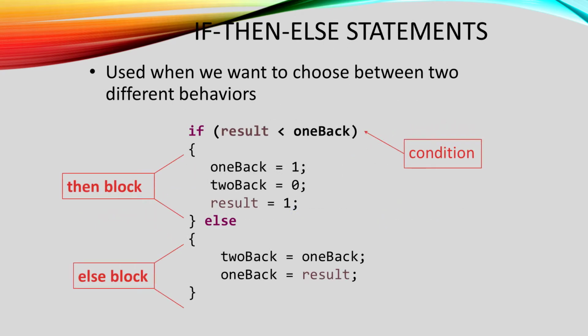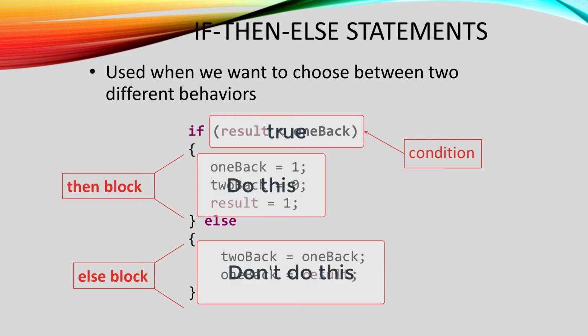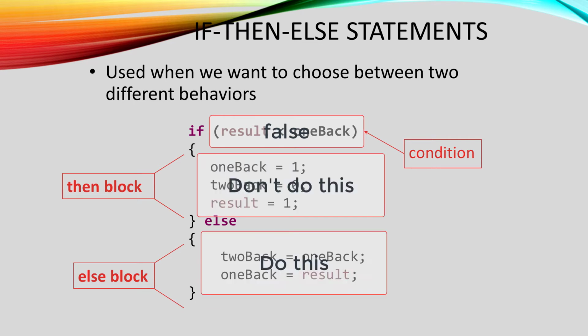The second kind of condition is called an if-then-else statement, and we use it when we are choosing between 2 behaviors. We saw one of these in stage 5. In these, the then block is followed by the keyword else, and then another block of code. When these statements execute, the machine evaluates the condition. If that condition is true, the code in the then block is executed, and the code in the else block is skipped. If the condition is false, the code in the then block is skipped, and the code in the